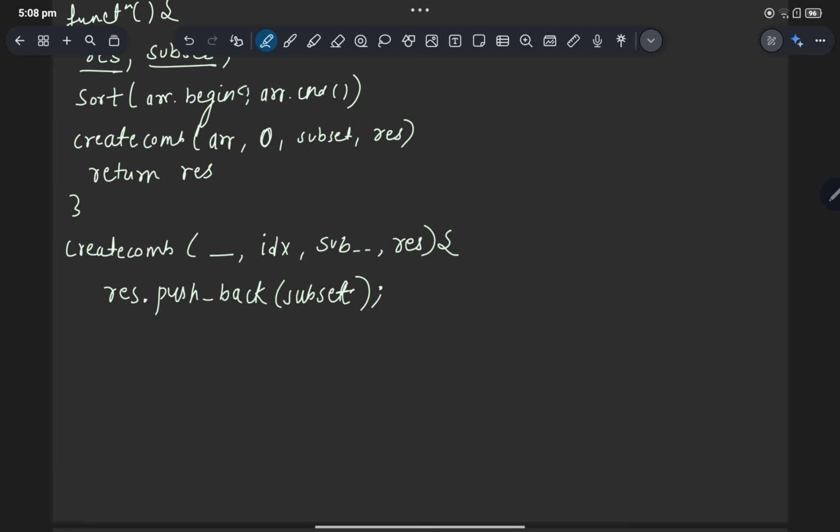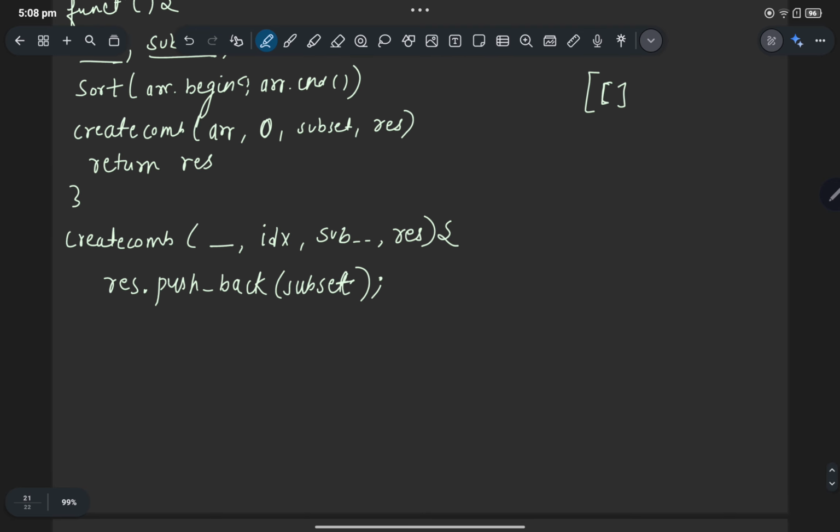It will push our value like this in a resultant vector. Okay, then we will start a traversal. That means for I equals to index, until I is smaller than our array.size, we will keep on traversing,